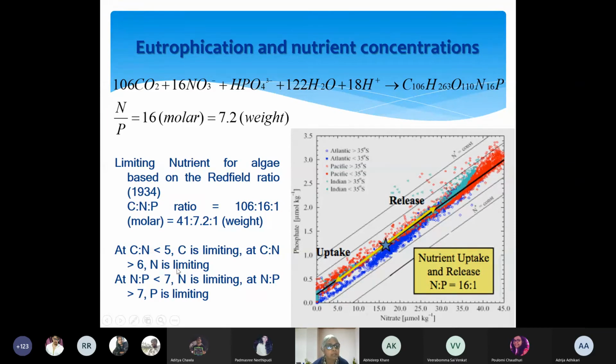Now, like I said, you can compare two elements, like C is to N, or you can compare all three. I've given you all the ratios. C is to N is to P. So 106 is to 16 is to 1 on a molar basis. And when you do it on a weight basis, it's 41 is to 7.2 is to 1. And C is to N less than 5 means carbon is limiting. Now, when I say C is to N less than 5 means, for every